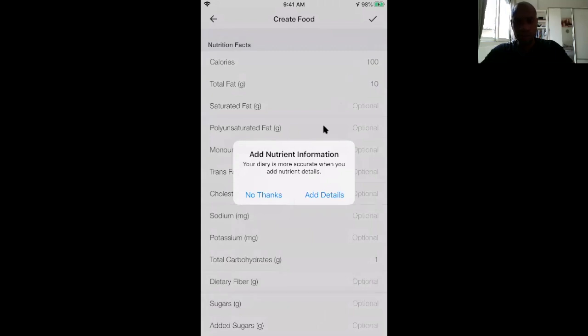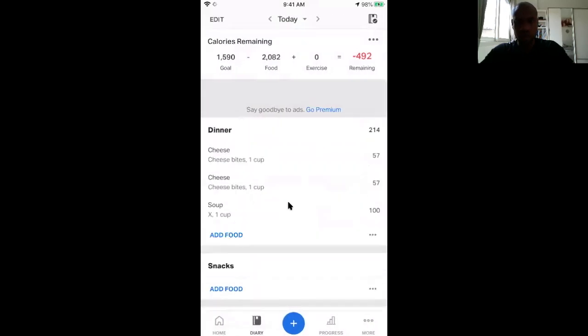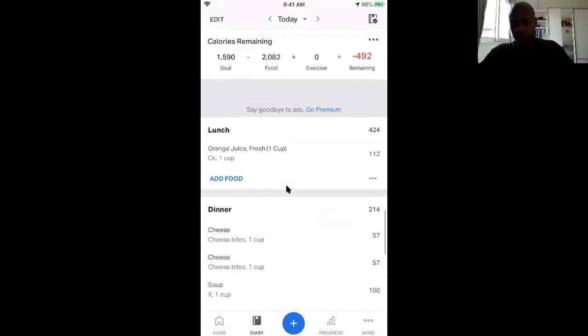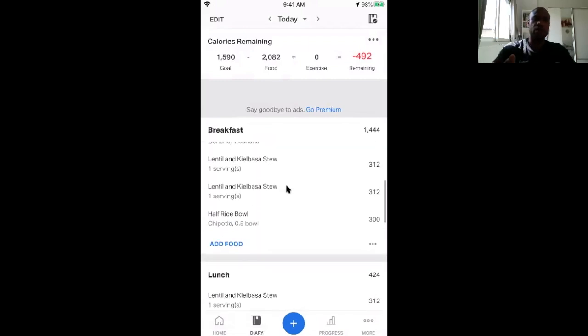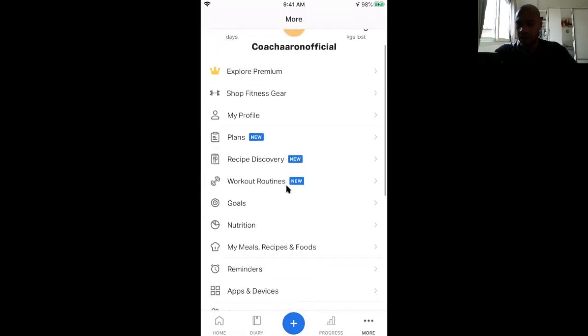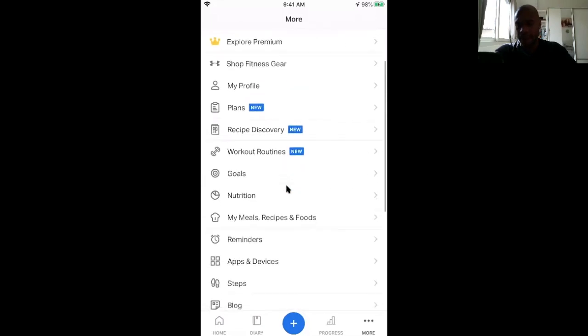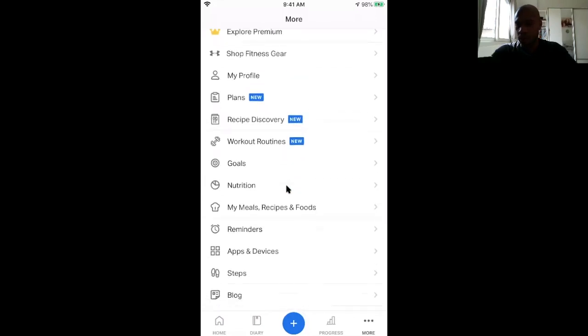It's just saying that it's more accurate when the micronutrients are added in as well. No thanks. And then that's that. Yeah, so you've created that food. It's worth just playing around with, to be absolutely honest. Yeah, so you have other things on here, but the most important thing